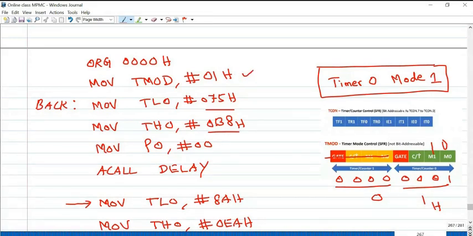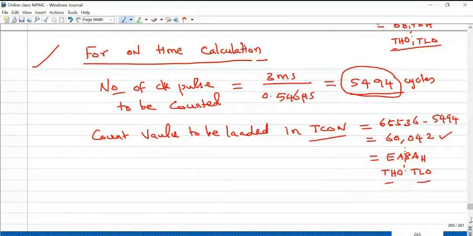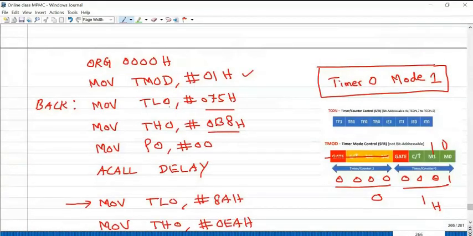So B875. Initially I need the off time only, so B875 is loaded: lower order into TL0, higher order 8 bits into TH0. Initially off time, so port 0 is maintained as 0.